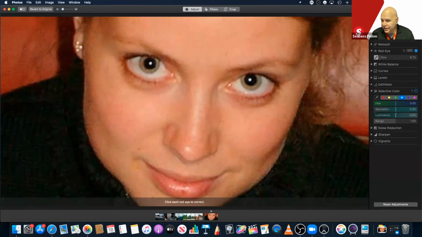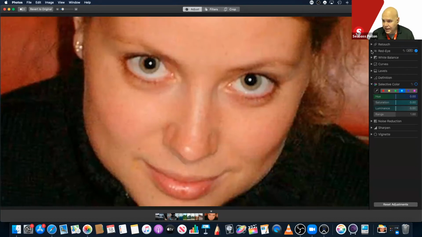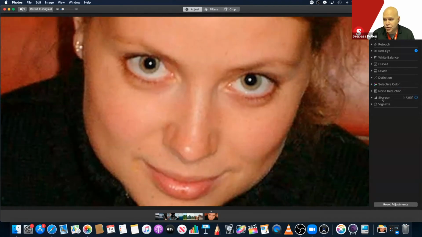Last thing that I'd also like to do while I have this photo open, so that's red eye, is I want to come down and get into noise reduction, sharpen, and vignette will come up within a minute. Noise reduction is basically this. It's meant to try and take away some of the fuzziness or the pixelization in some of these photos. Now, it's not a miracle worker, but it can do a really good job kind of denoising